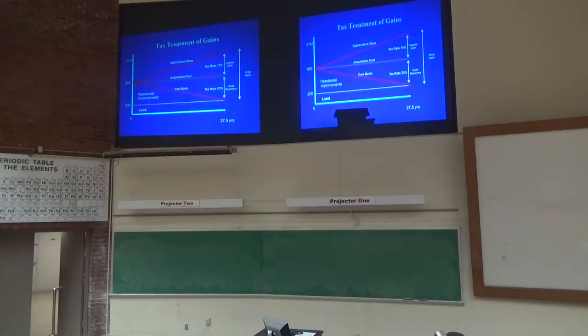So I bought the property at $600,000. It went to $1 million. The difference between the $600,000 and the million is my capital gains. And capital gains right now is as high as 20%. So the difference between my cost basis and the appreciated value, I'm paying capital gains. And since I'm taking depreciation, I'm lowering my cost basis. So that when I decide to sell the property at the end of the 27 and a half years, the whole thing is going to be taxable, because I've zeroed out my basis from depreciation and I have to pay capital gains.